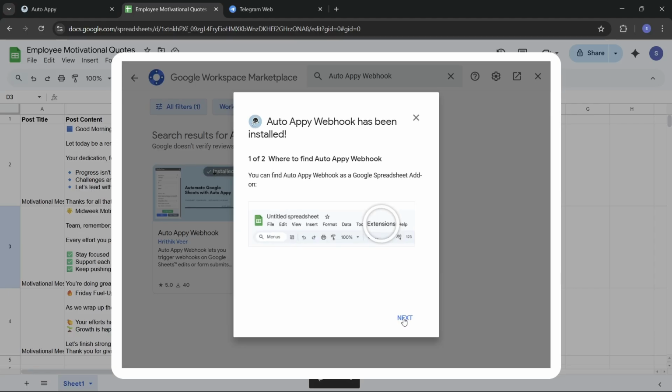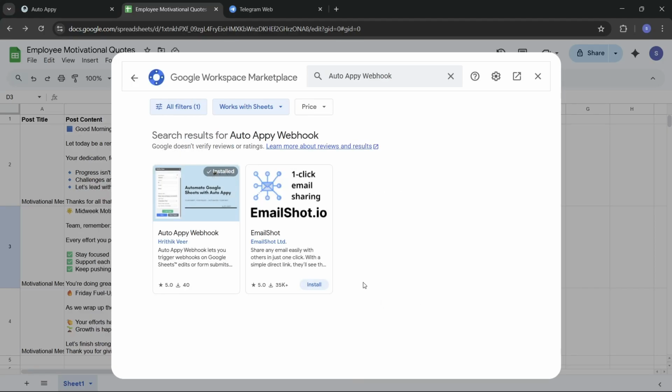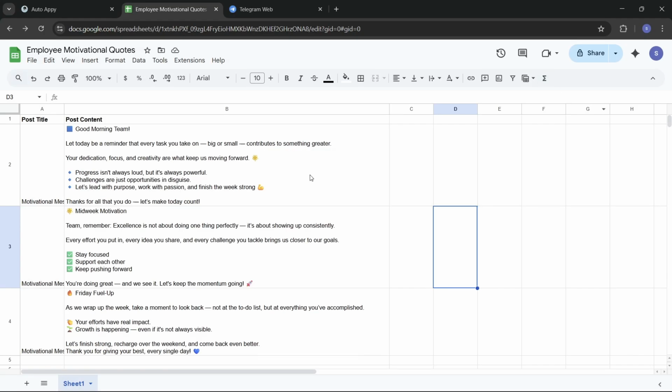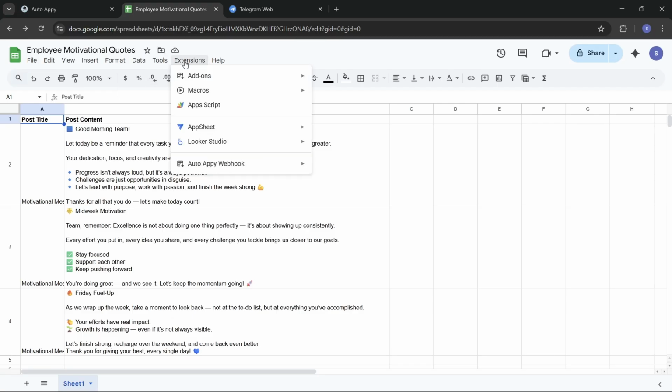So now go for next, done, and close this window and refresh the page. Now go to extensions and check if you have it installed. So yes, it's installed. So now go to setup workflow,